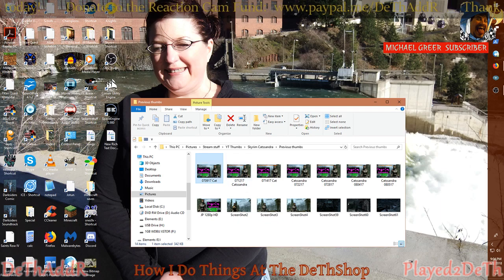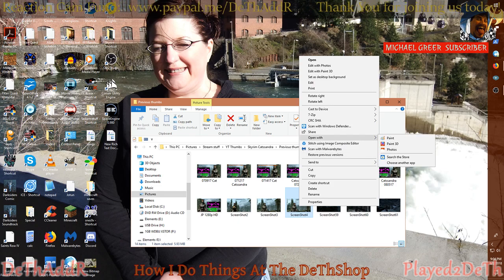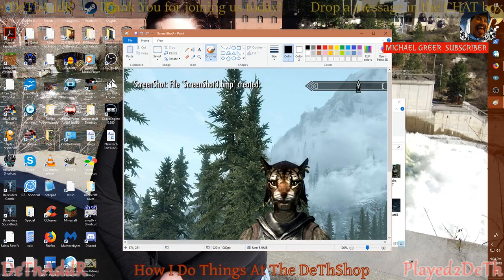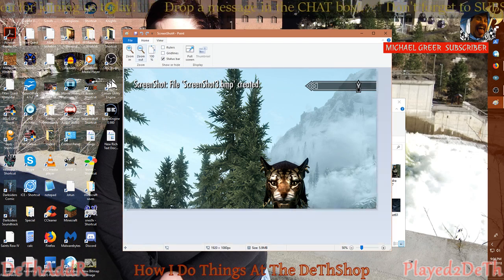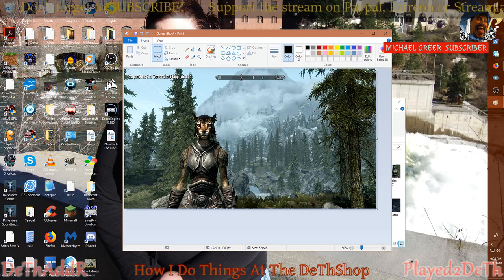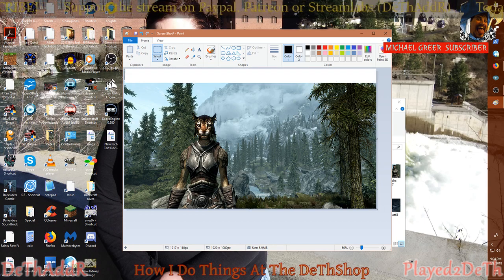And usually I'll take the screenshots, and then I'll take one of the screenshots and I'll just go open with, and not Paint 3D. I hate that, I like the old school Paint, right? And this is what happens. The screenshot file was created, and I usually go back here and zoom out so that way I can do this. And then I'll either cut this away here, or I will take a black box, like I'll just take a select here, run across, hit delete, and then just